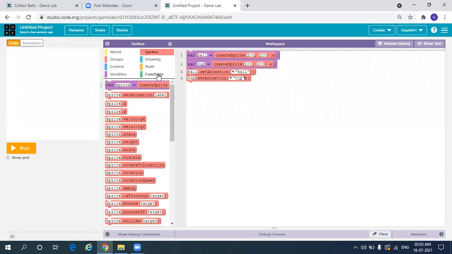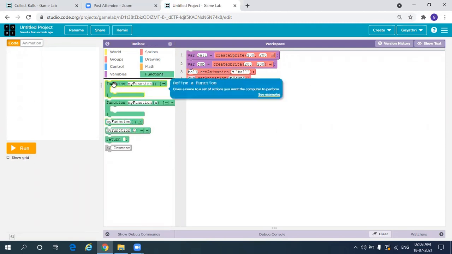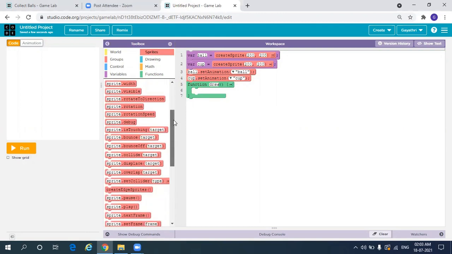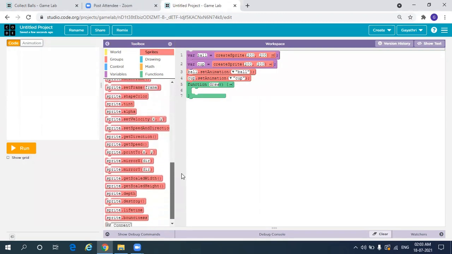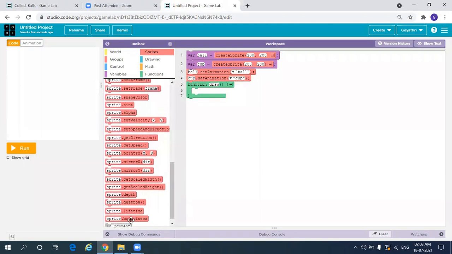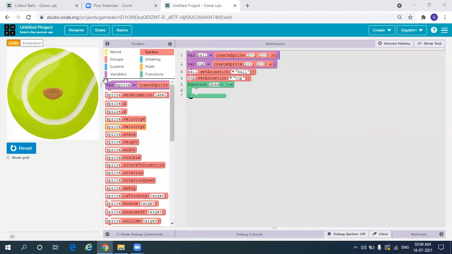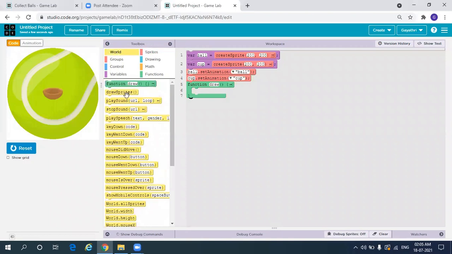Then go to functions, select the first function, drop it here, change my function to draw. Okay, then go to sprites here, or go to world, select draw sprites and drop it in the function.